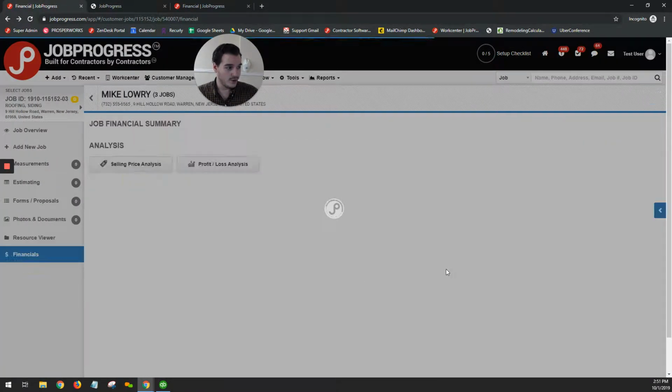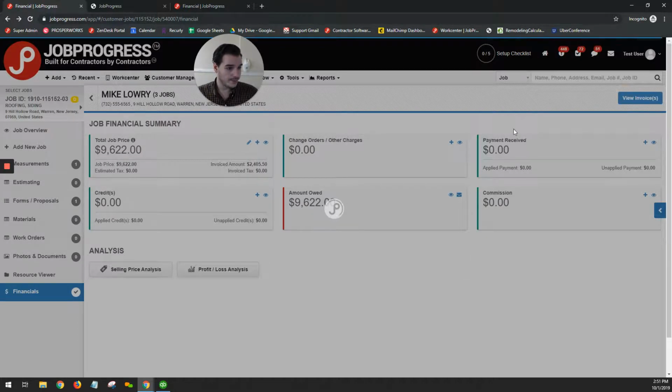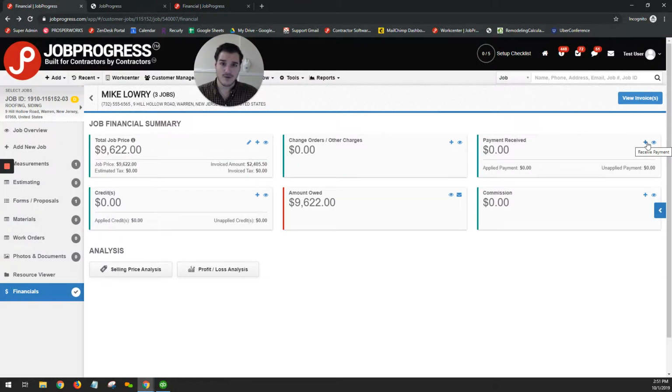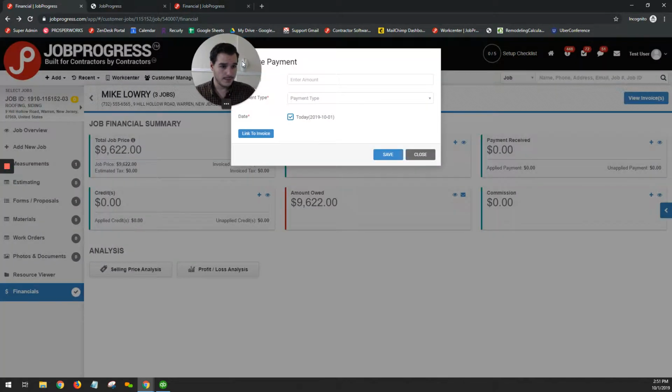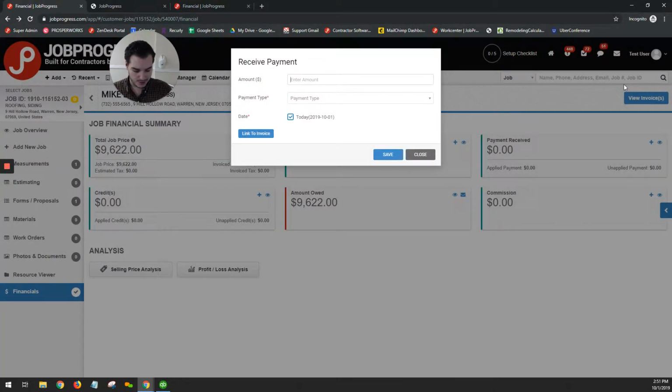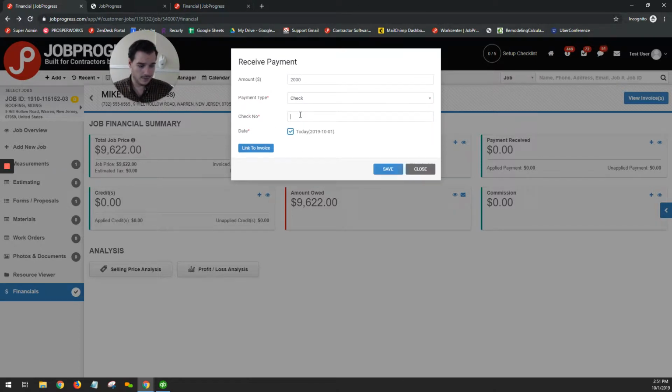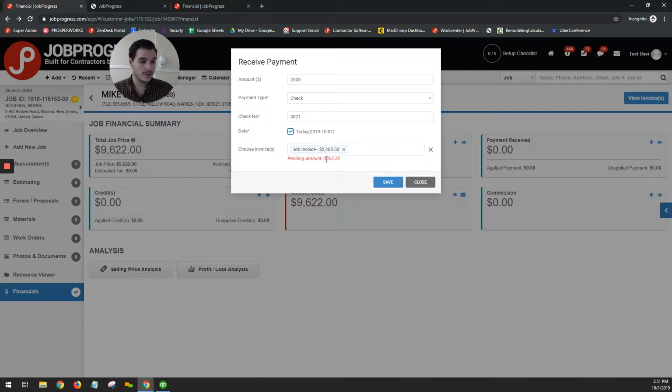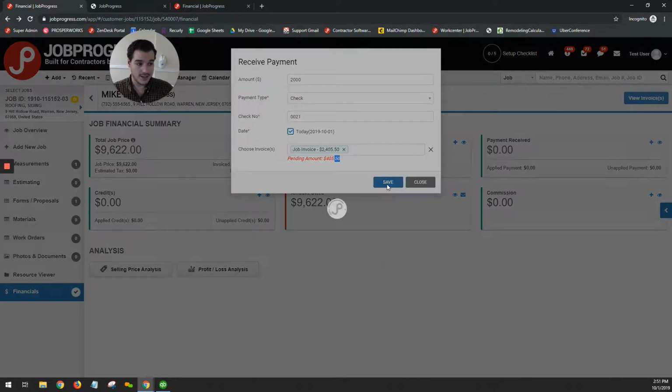From here, if we go back into our main financial section, I can click on my payment received, my little plus sign on the right-hand side, receive my payment, enter in my specific amount. Maybe they sent a check for $2,000. Click the link to invoice button, little blue button in the bottom left, and select the invoice that I want to make that payment on. So even if I were to just do it for $2,000, you see it lets me know what that pending amount is. Once I hit that save button,